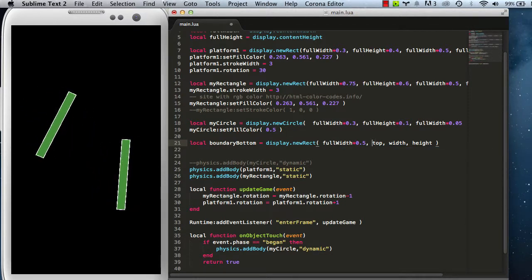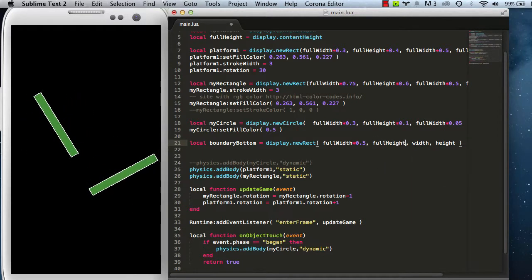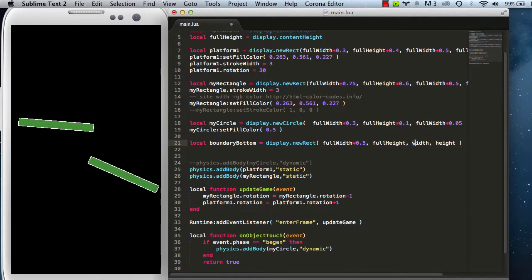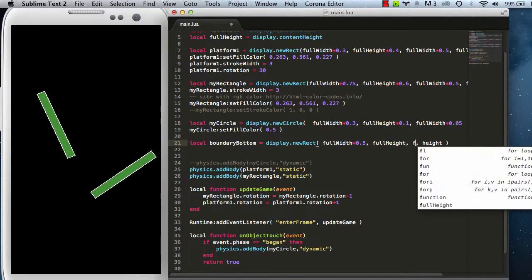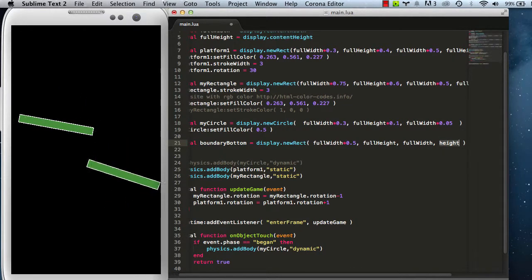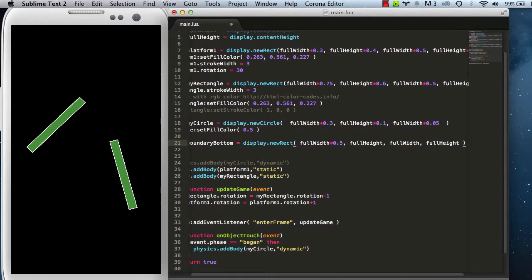I'm gonna do full height. For the y-axis, I'm gonna do full width for the actual width, and for the height, I'm gonna do full height times